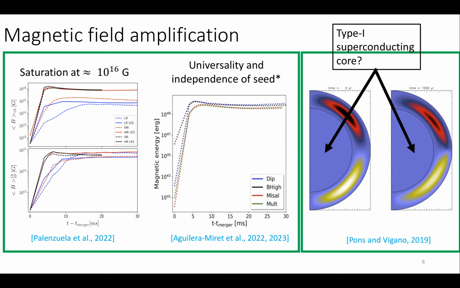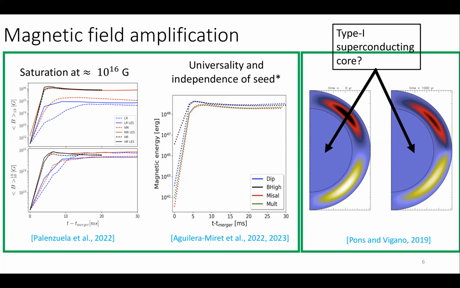The initial magnetic field topology is washed away, and you reach a turbulent isotropic state, which is the same for all the different configurations. However, it's interesting that many groups who model neutron stars on longer timescales, not on milliseconds, but on a timescale of 10,000s or 100,000s of years after their birth in a supernova, are considering mainly magnetic fields which are confined to the crust in order to study their magnetic evolution, their rotational evolution, also cooling curves of newborn neutron stars. And one microphysical motivation for this type of setup is that